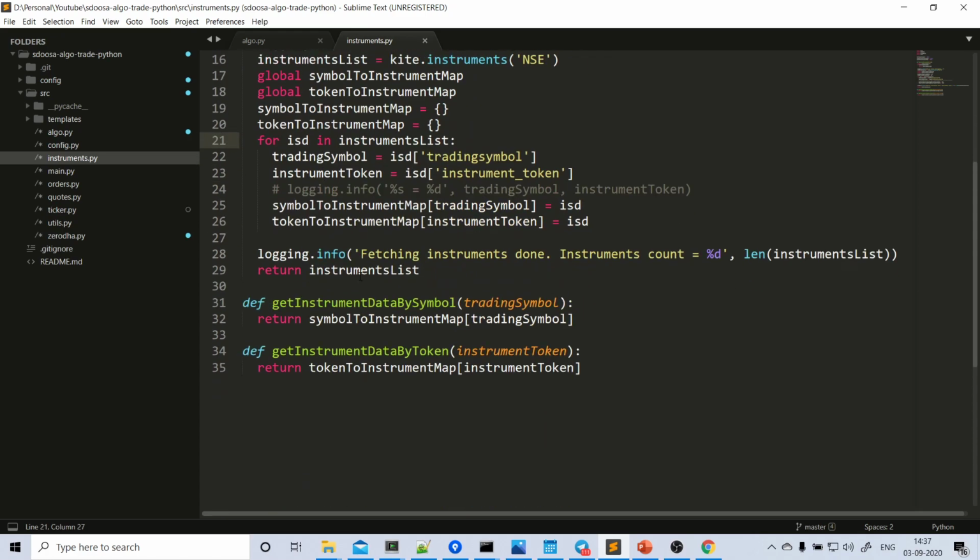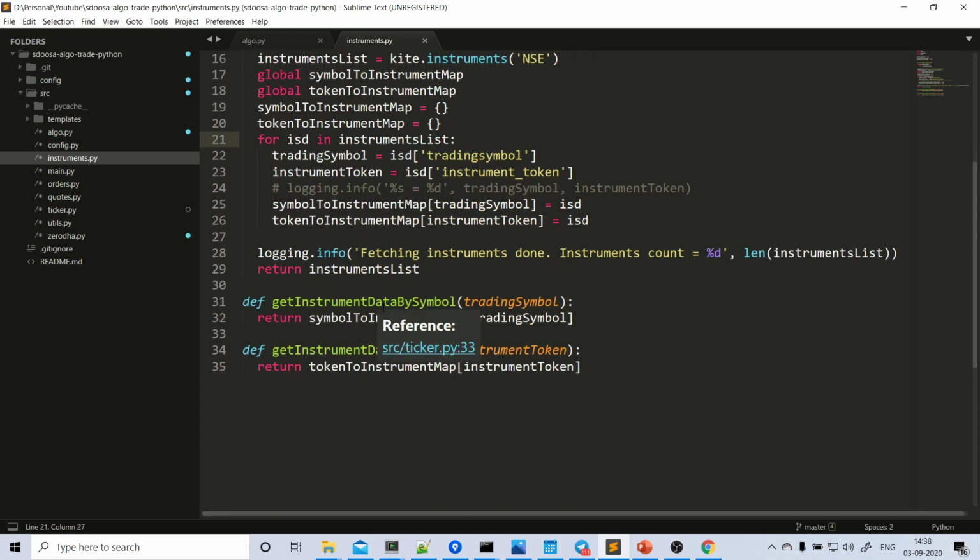Once fetch instrument is done, these are the methods I'm providing, which we require across the program wherever you want to get the instrument data by passing a trading symbol or an instrument token. If you have the trading symbol, just call get instrument data by symbol and pass the trading symbol, let's say SBI. From the map, we'll get the data of that particular trading symbol and return it.